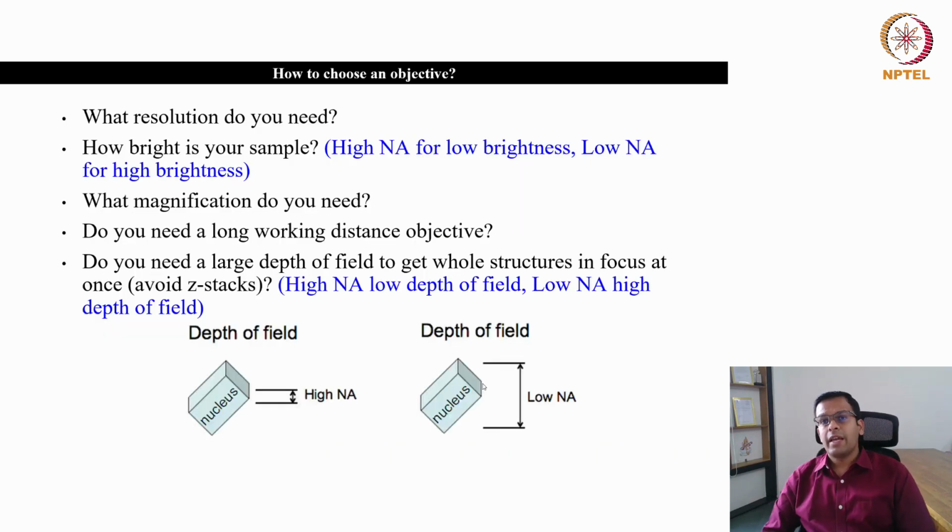Now, how to choose an objective lens? As we already briefly discussed in the first slide, there are different types of objective lens available: 10x, 20x, 40x, 60x, 100x. But it's not always the case that if you have the 100x objective, we just go with 100x for all applications, even though it provides the highest magnification. You should also consider the numerical aperture of the objective.